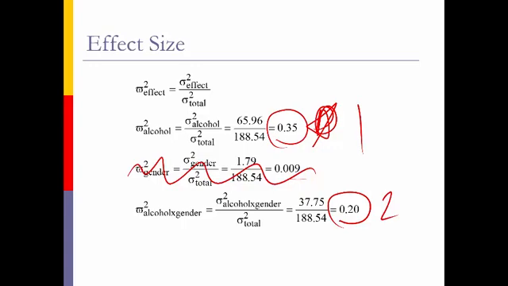And that's pretty much it for factorial ANOVA. It's pretty cakewalk. The analysis takes a little bit more time, but it's really not as complicated as some of the other